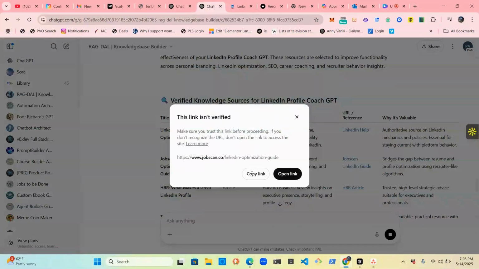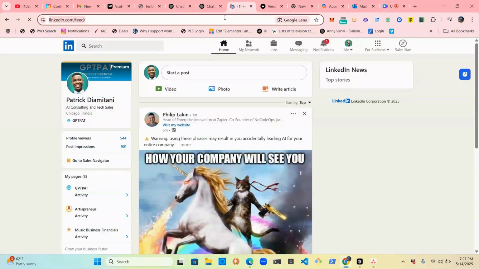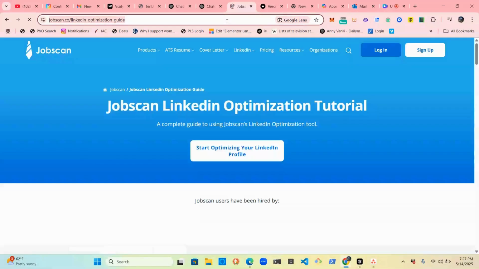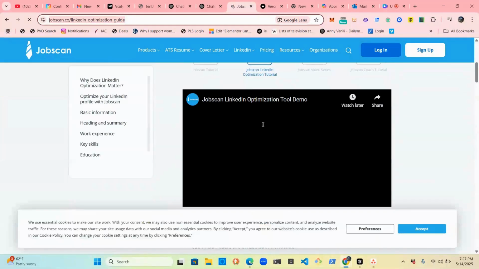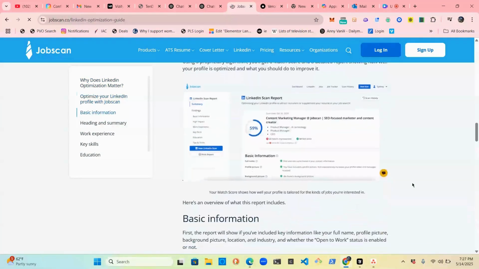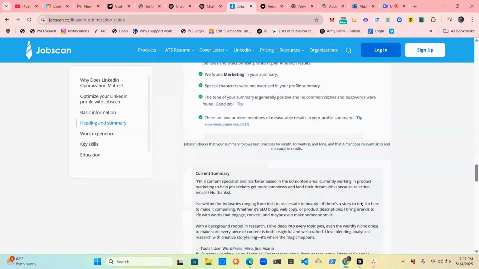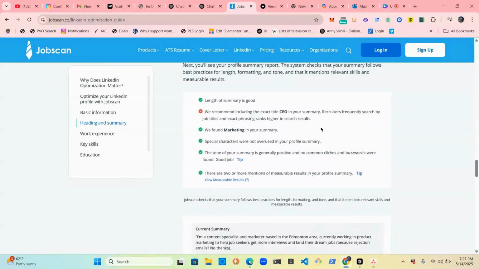Let's see if this one works. Looks good enough. Well, this is more about the report. This is good enough, so